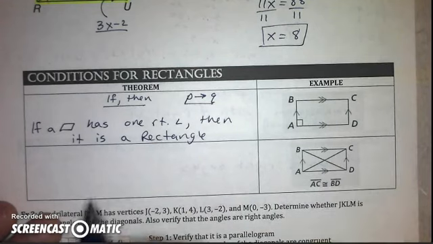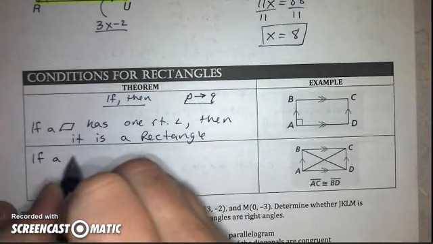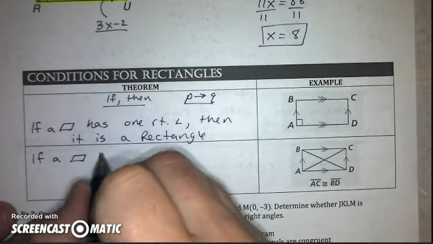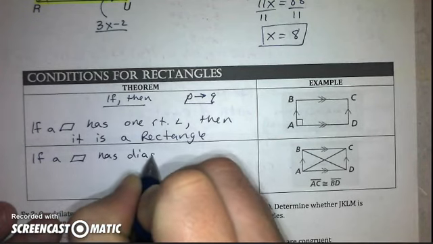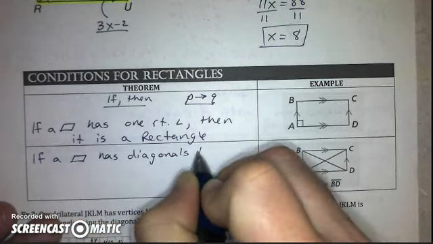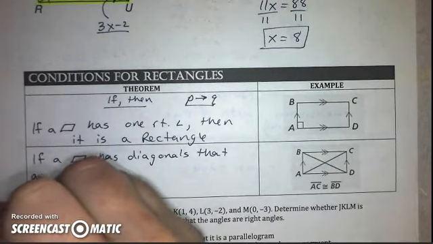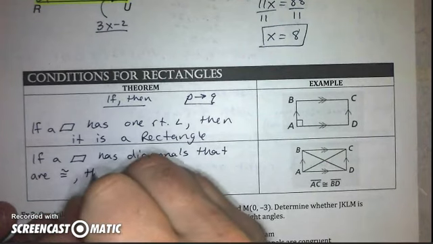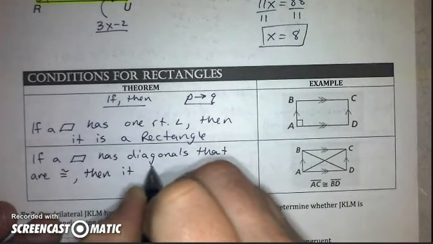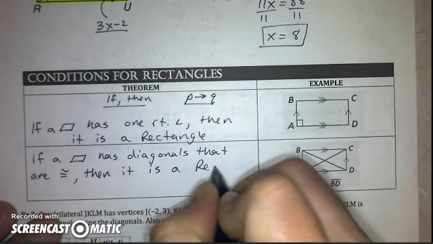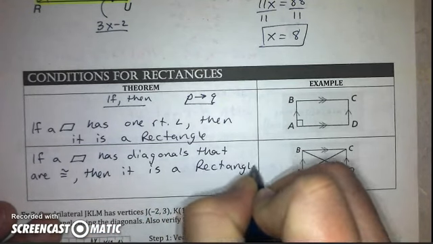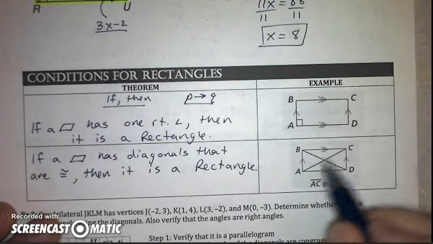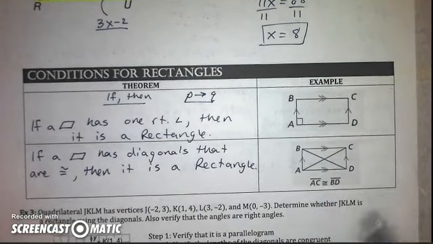And the last one is that if a parallelogram has diagonals that are congruent, then it is a rectangle. Okay, so if we have a parallelogram given to us and we know the diagonals are congruent, then we can